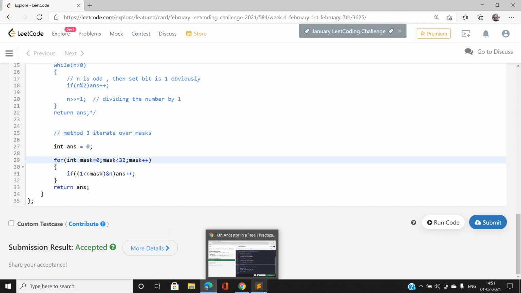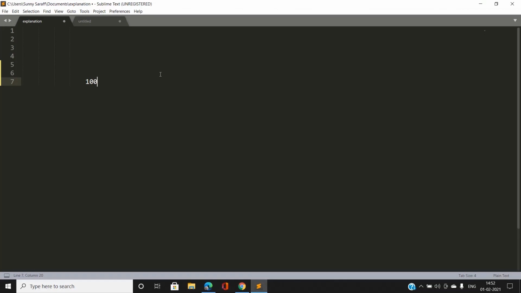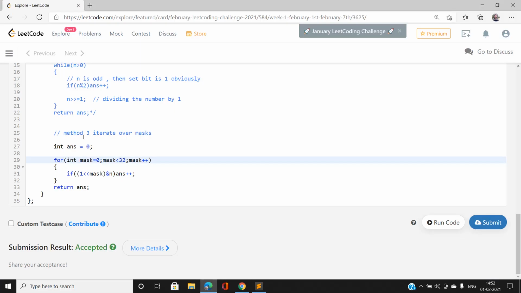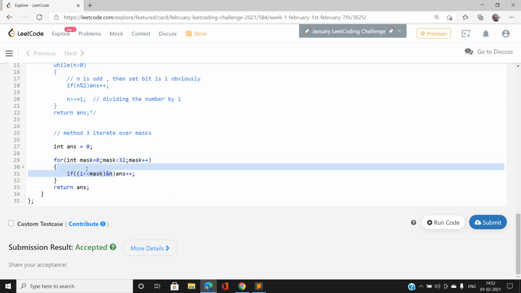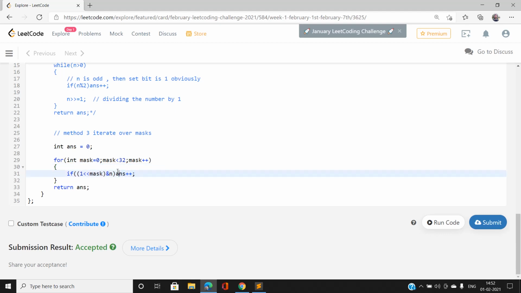if we have, suppose here mask is 2, that is if I am going to check whether our third bit starting from the rightmost bit is 1, that is I am going to take AND with the number. So if it is 1, I am going to increment our answer by 1. Each time I am going to do this as long as mask is less than 32.